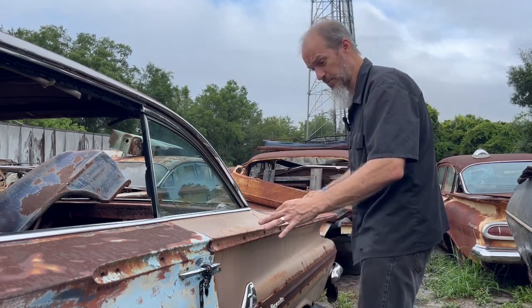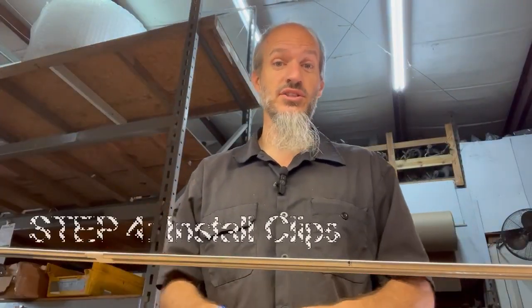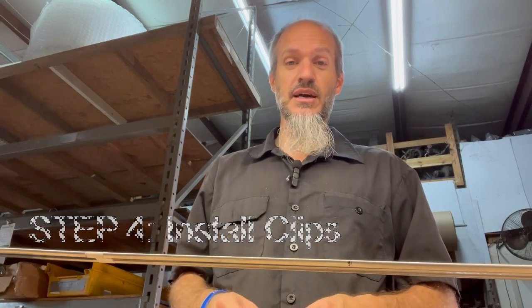So once you've prepped the body and that's all ready, it's time to go to the next step. All right, so it is now on to step 4, which is going to be installing the specialty clips. GM clearly did not make this with clips, and so as I said, there are some modifications, and these take